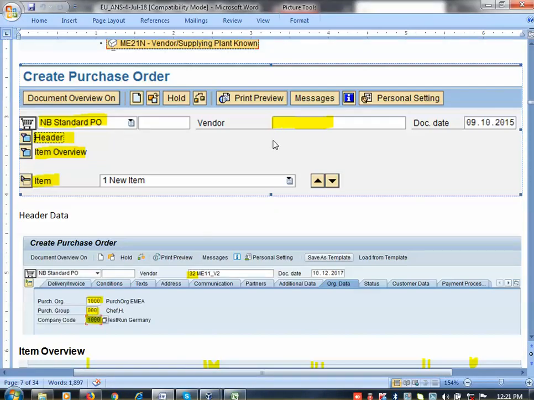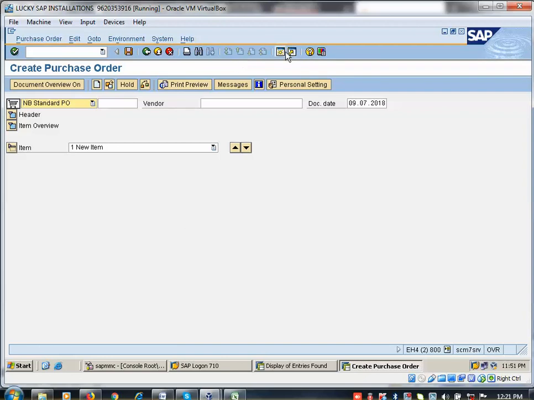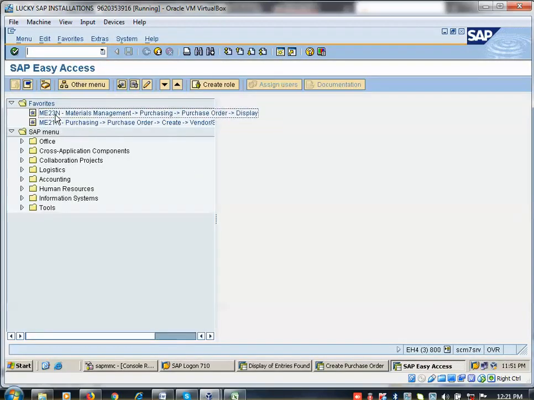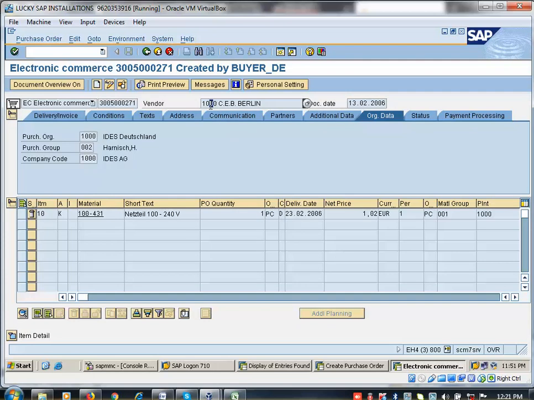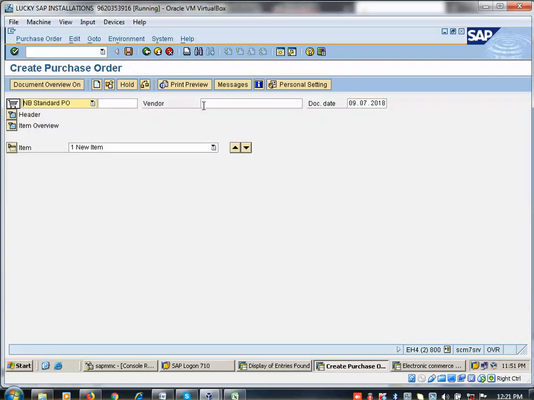Okay, so now you need to enter the vendor number. You have to record the vendor number which is available in your PO when you display the PO. First you need to go to ME23N like this. Okay, you need to record this one. In the header you need to record 1000 vendor. This may not be available in your other laptop, so that's why I am not requesting you to write this one. I am just showing you how to collect the data to input for PO creation. Okay, that's all. Now I am coming back here.